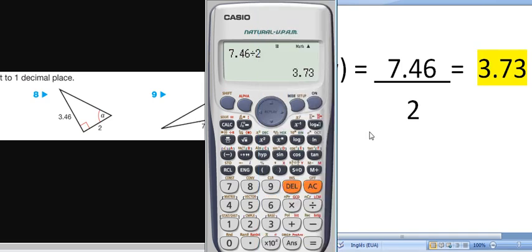Now we're going to take the inverse function of tangent of 3.73. Here's your answer, 74.99, and this means that the angle that we are looking for is